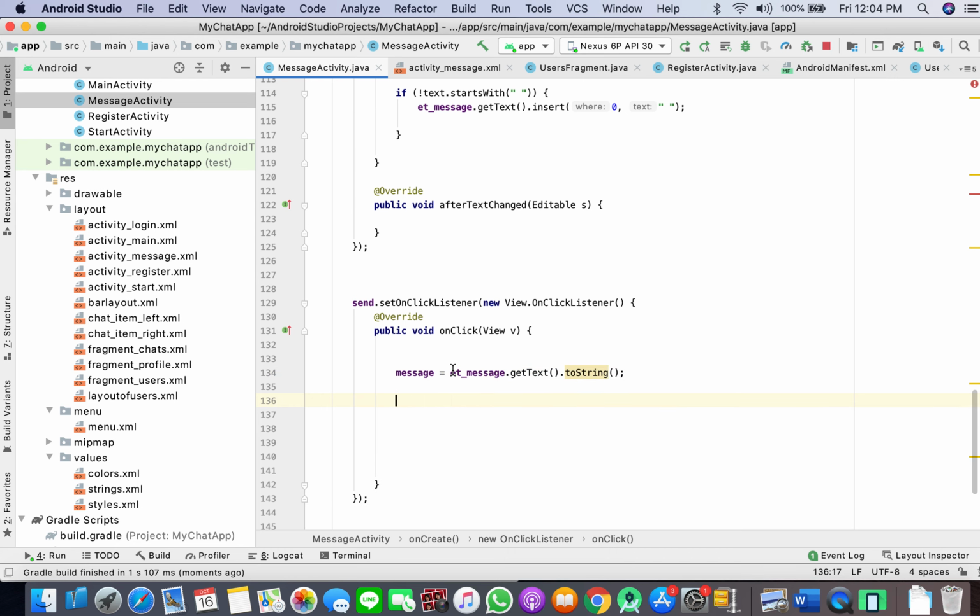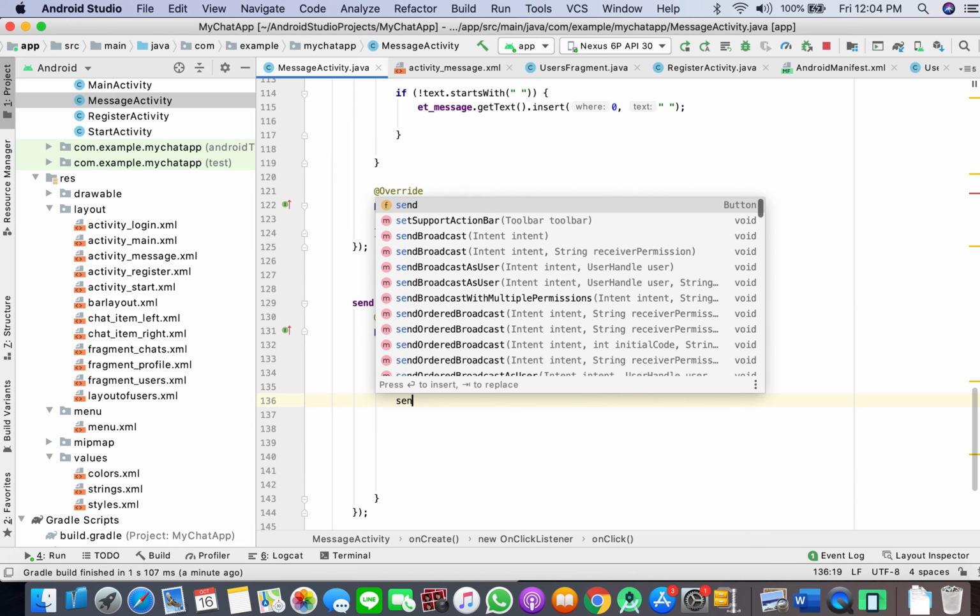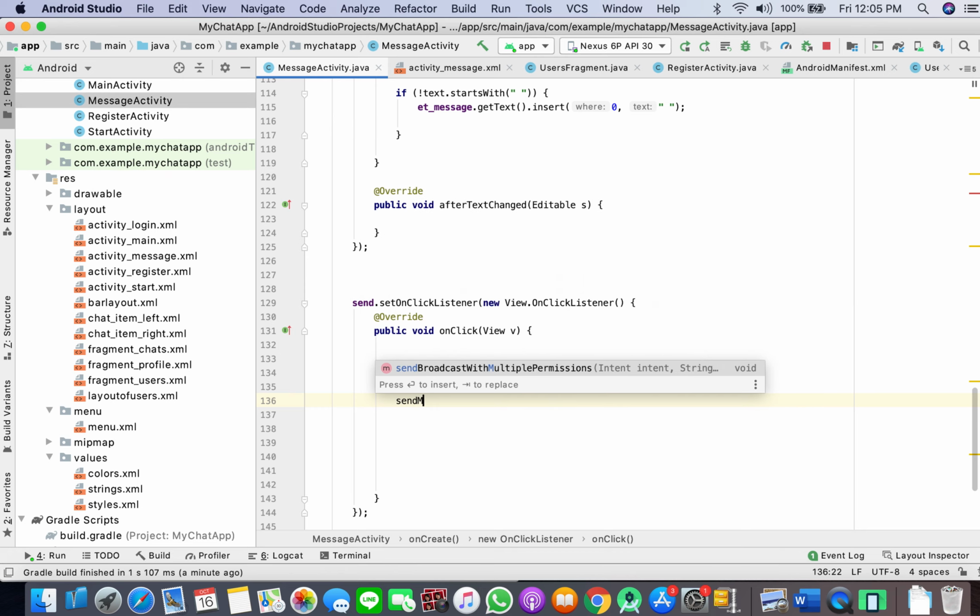We have stored whatever was written in the edit text field in our message variable. And what I'm going to do here is send message with,